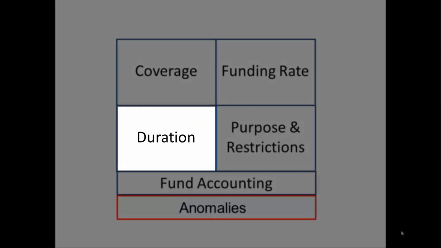Building block number 3, duration. We know that a CR is designed to be temporary. The duration section tells us how long we have to spend the money provided in the CR. There are 3 options. Until enactment of a law providing funding for the accounts funded under the CR, until enactment of a law that does not provide funding for an account funded under the CR, or until a